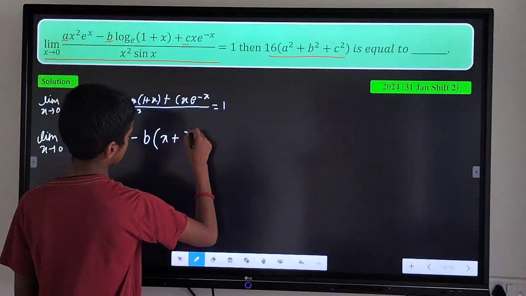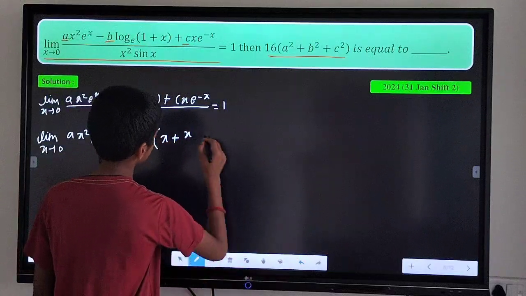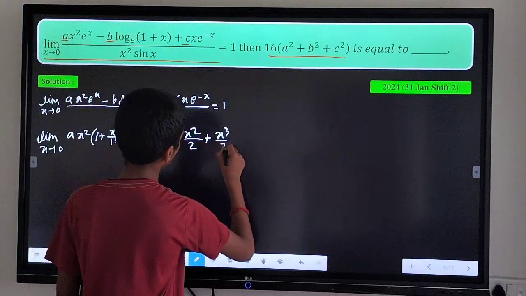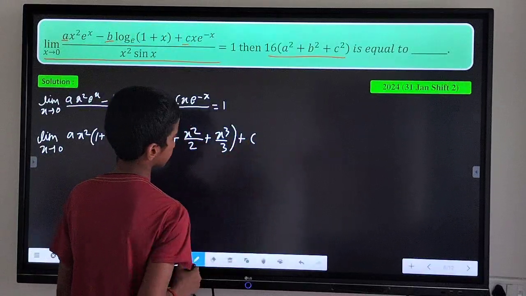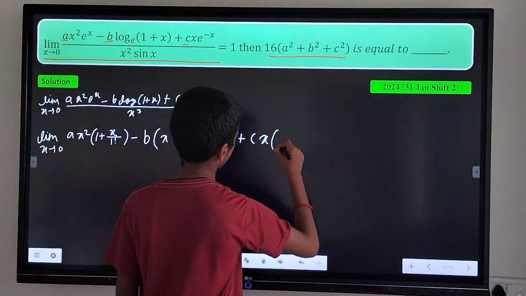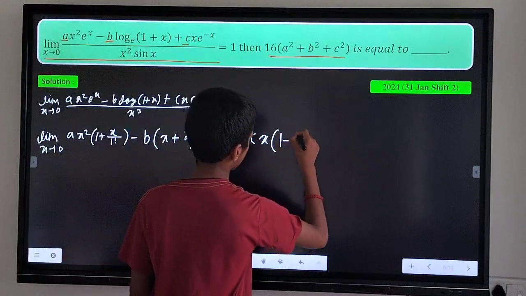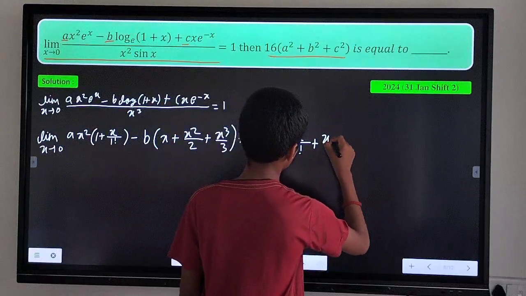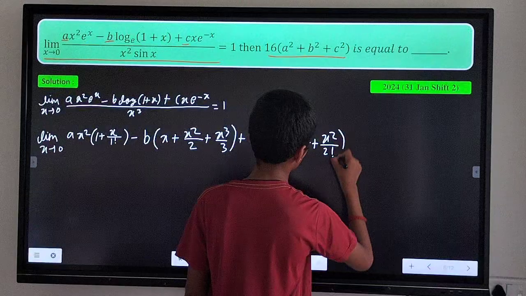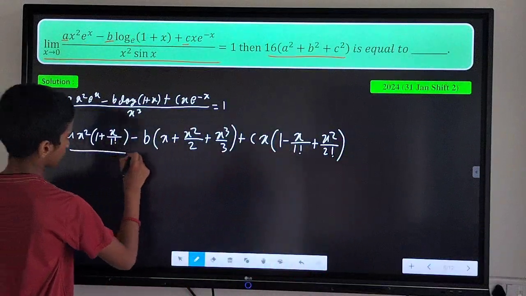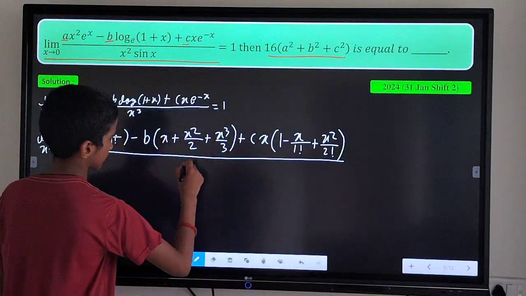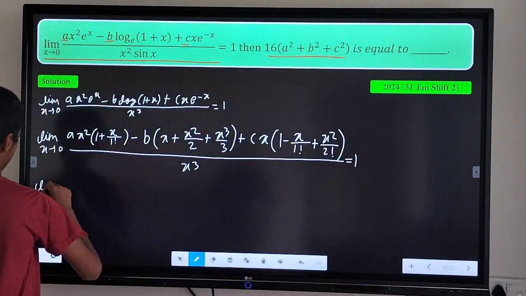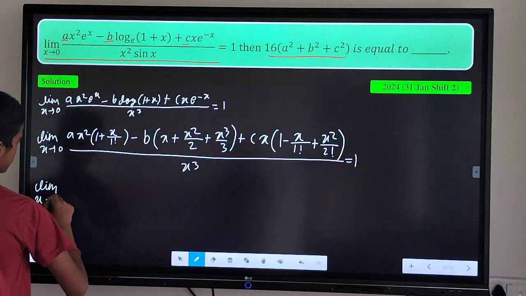x plus x square upon 2, x square upon 2 plus x cube upon 3 plus c times x e raised to power minus x will open like 1 minus x upon 1 factorial plus x square upon 2 factorial, whole divided by x cube, which is equal to 1. So from here we will get our limit x tends to 0,